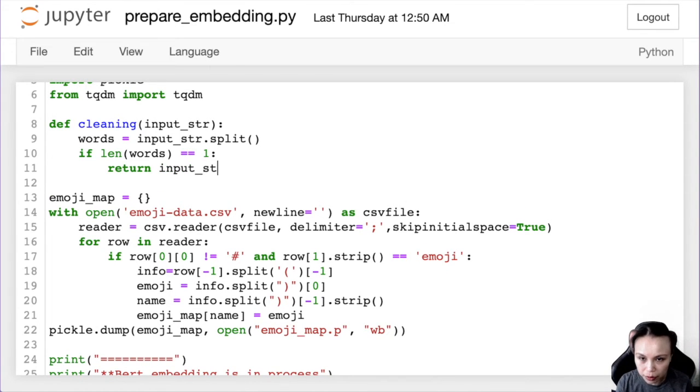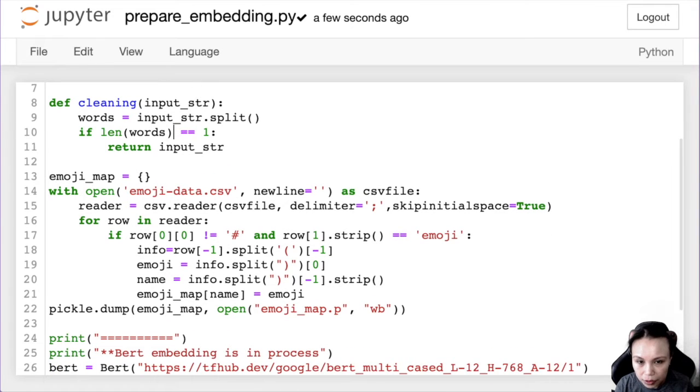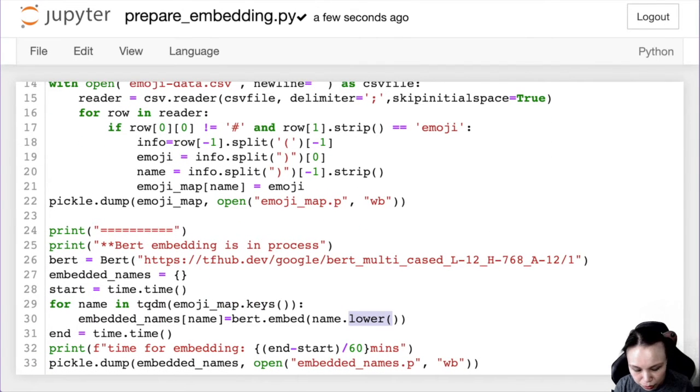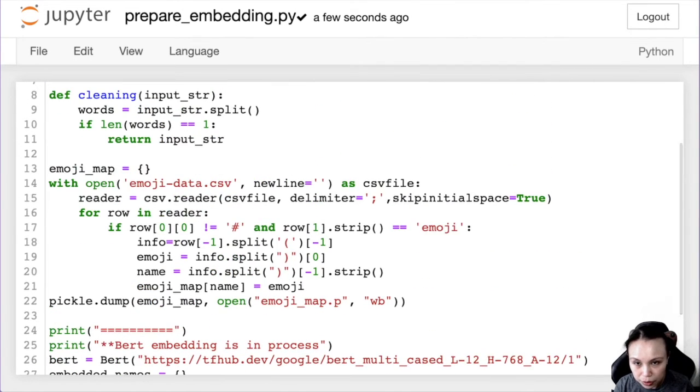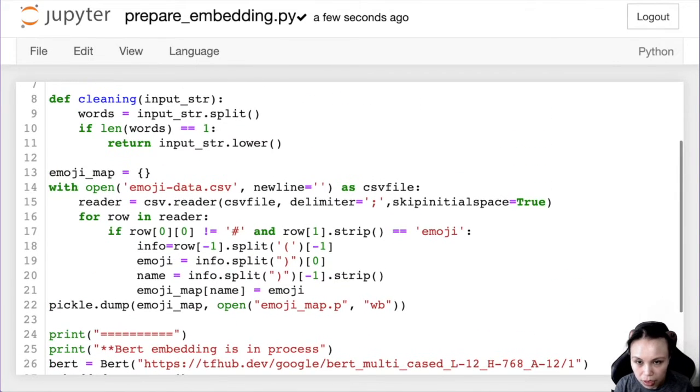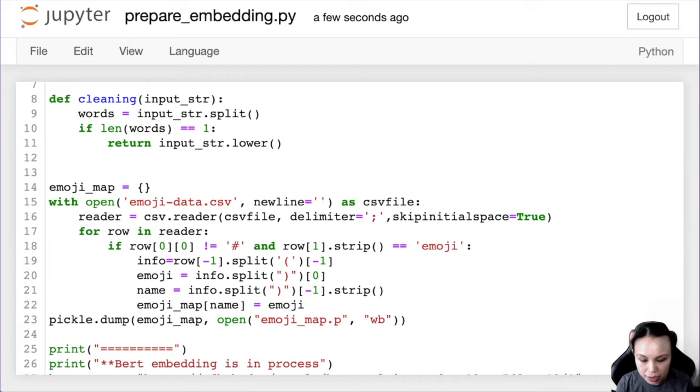I do nothing about it, okay? Oh, I can make it lower as well, dot lower, so I can skip the lower thing here. It's just better prepared. Dot lower. Yeah. Okay. And then otherwise,